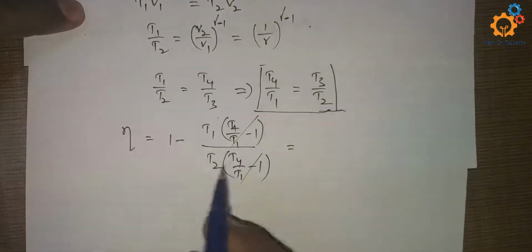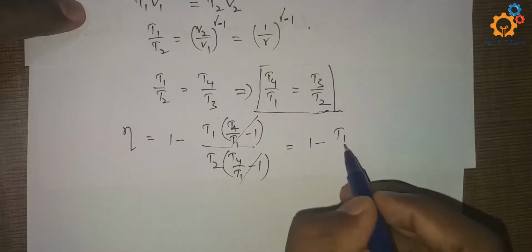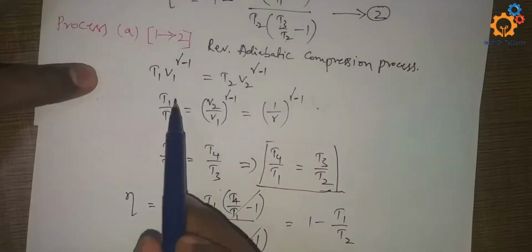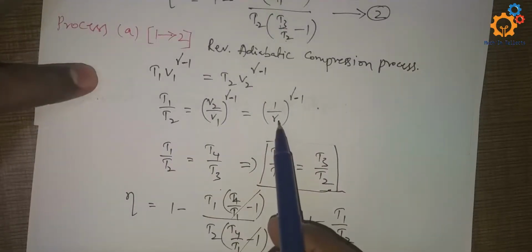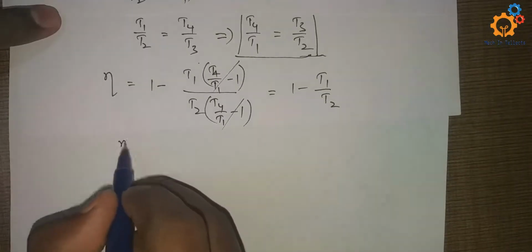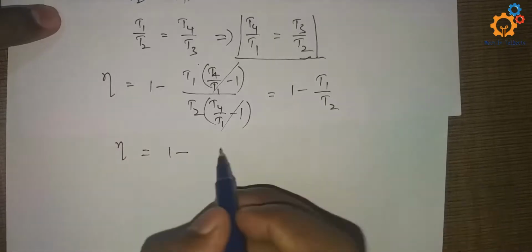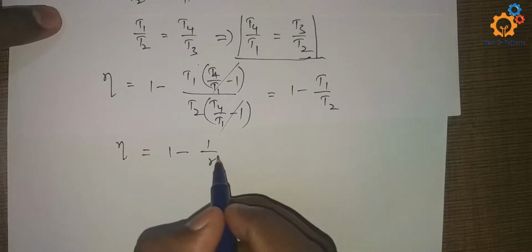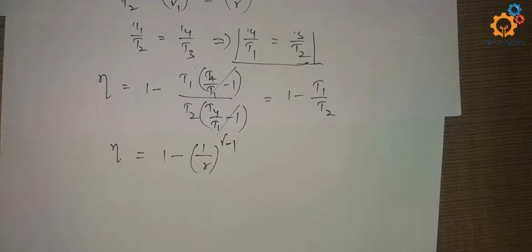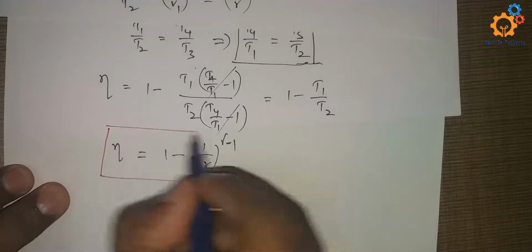So I get 1 minus T1 by T2, but I got an equation T1 by T2 as 1 by R power gamma minus 1. So if I write that, I will get finally efficiency as 1 minus 1 by R power gamma minus 1. This is our final efficiency formula